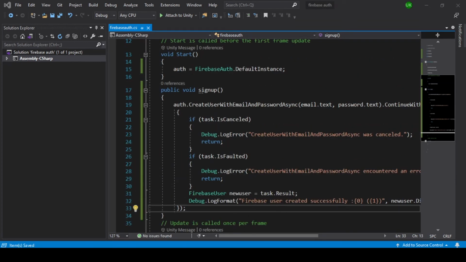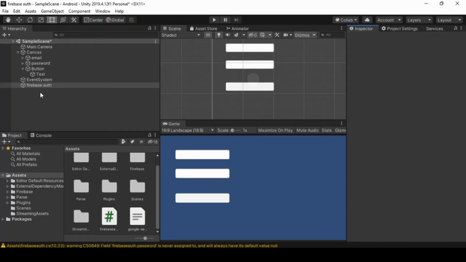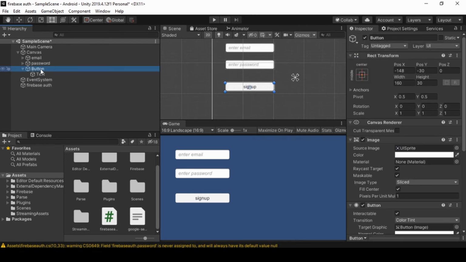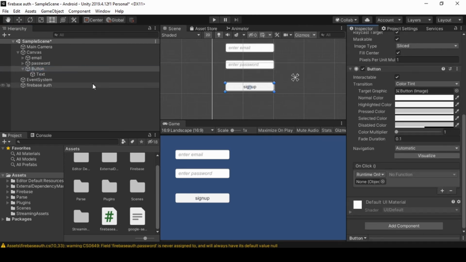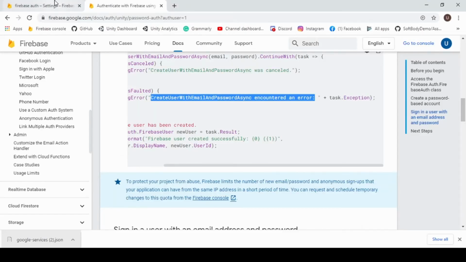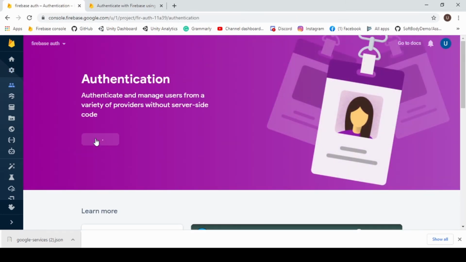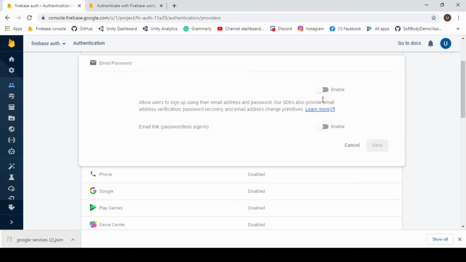Now save it and go back to Unity and add our script to our sign up button. And open the Firebase console and go to Firebase authentication, and enable email and password authentication.